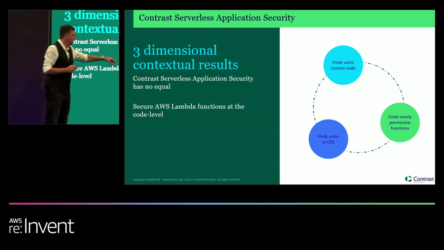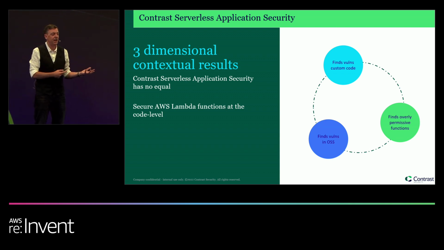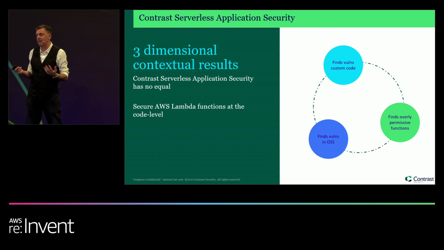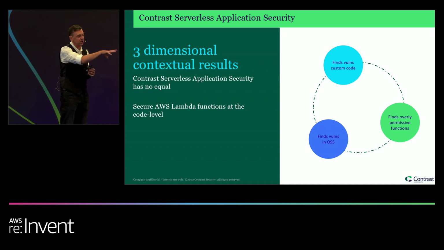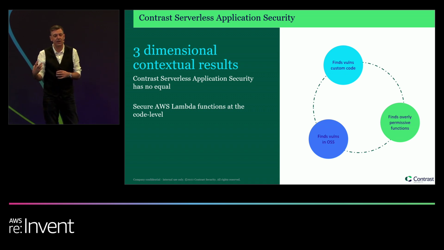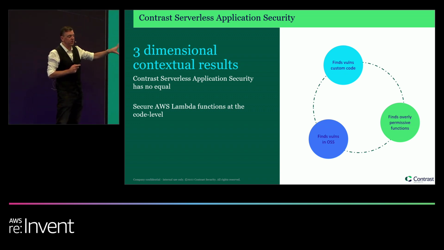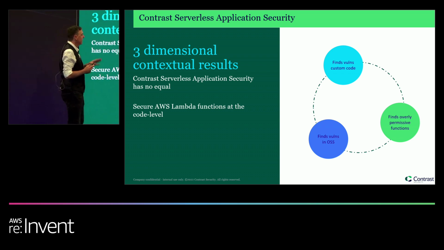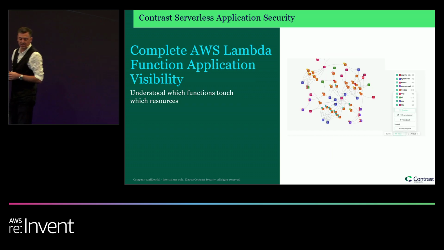The next one is finding vulnerabilities in your open source code. So if we go back and think about Log4j, in serverless environments, you can pull all sorts of open source code in there. That's great, right? It's built on the same languages and technologies that you built applications with before. But you need to be able to understand how those open source components are coming into your environment and what they mean in that context. So we can link together your custom code and your open source code and give you a picture. And then there's one entirely new one, which is what we call over-permissive functions.